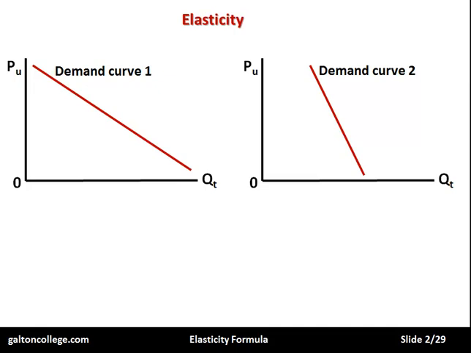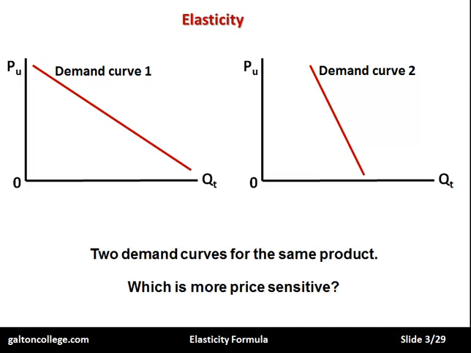Now on the diagram we've got two demand curves here. Demand curve 1 and 2. You'll see that demand curve 2 is steep. It's steeper than the first one. The first one is flatter. It's less steep. Now these two curves represent the same product, let's say. Well, if those two curves did represent the same product, we have to ask which curve is the more sensitive to price changes. Now clearly it looks like the curve on the left hand side is more sensitive, because